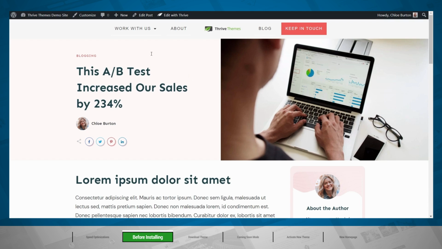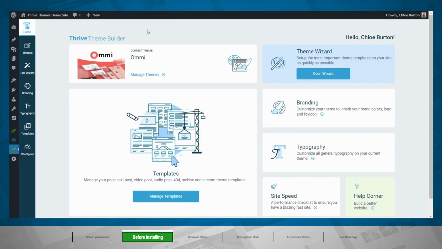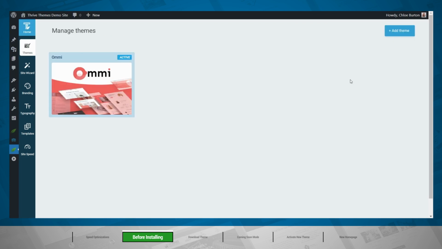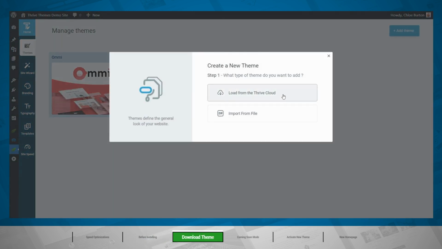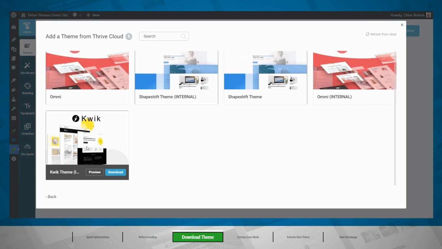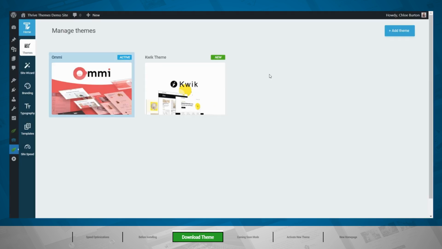Now, let's load our new companion theme, shall we? Let's go to our Home tab, and we can either select themes here or manage themes here. And then let's go to Add Theme. Load it from the Thrive Cloud. And then let's pick Quick. All right, now we have the Quick theme loaded in